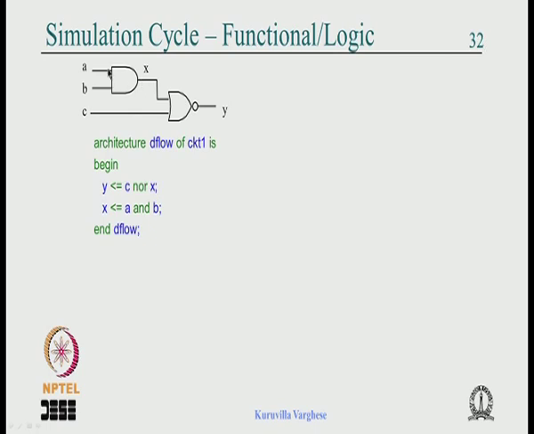The circuit is the same: A, B through an AND gate produces X, X and C produces Y through an XOR gate. Okay, but you see here, Y is written first, X is written later. As I said, if you give it to a synthesis tool, absolutely no problem, it will generate the circuit, because whichever order you write doesn't matter. You say Y is X xor C, and X is A and B, so that is created. But for the simulator the order is not matching,